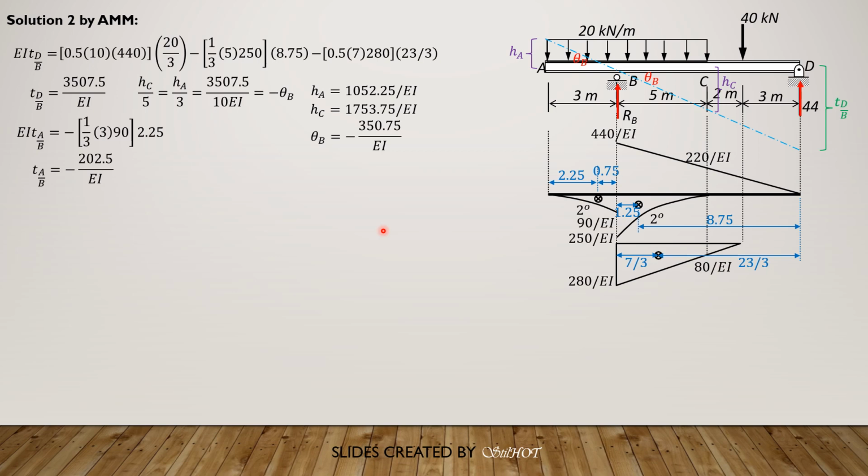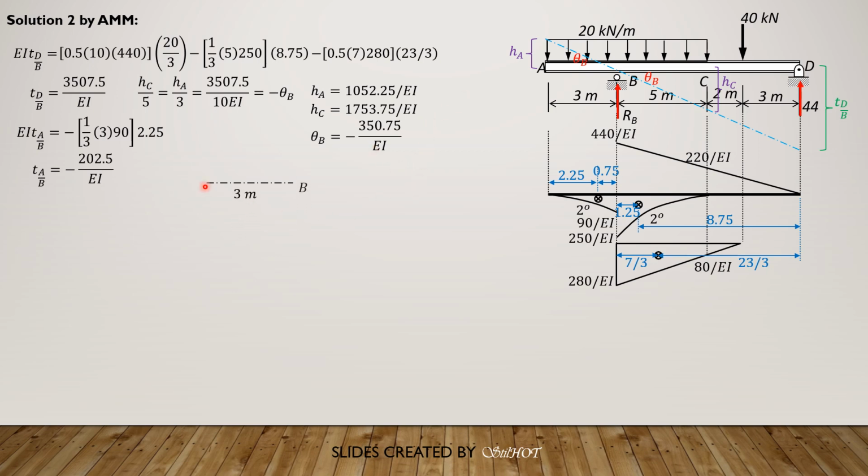So that means that point A is below the tangent at B. Supposedly we have already found H sub A, 1052.25. The deviation of A relative to B is only 202.5, and A should be below the reference tangent. Therefore, the deflection at A is positive. It is above the horizontal x-axis, because the deviation of A relative to B is only 202.5 as compared to H sub A, or 3 times theta B, which is